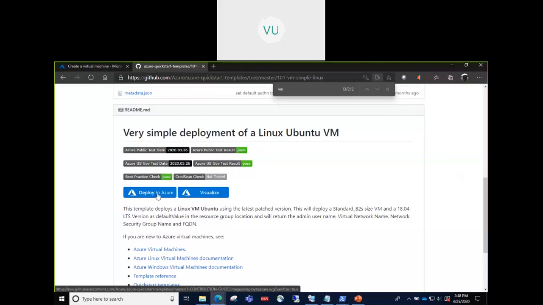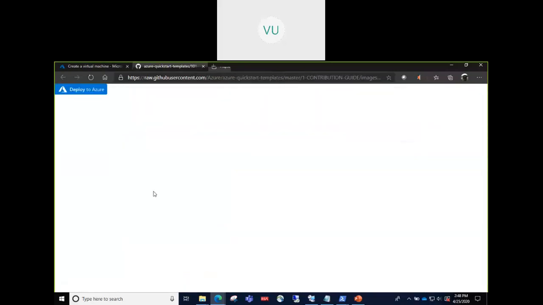So I can use this. If I click on this, it will ask me to log into my Azure subscription account, and once I successfully log in, it will have the context of my Azure subscription. Then it will deploy this VM in my subscription. So I can just click on deploy to Azure here.